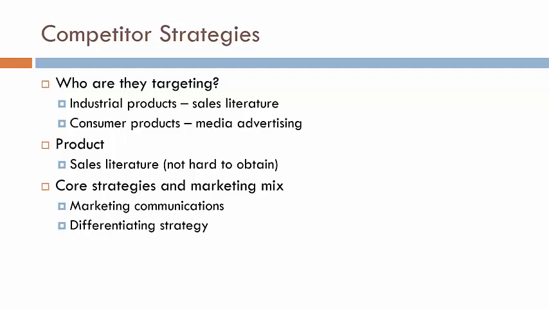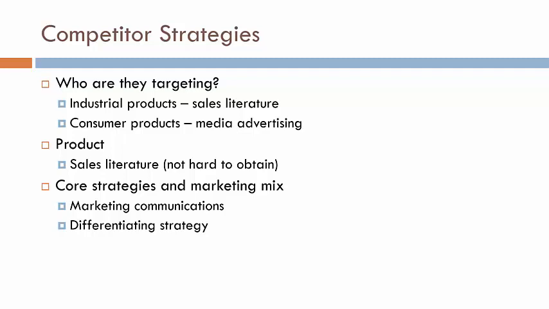So now you can compare these offerings and choose the one that best fits your needs, right? Furthermore, in stating this list, they're also telling the client and their competitors that they will suitably modify their prices and other marketing mix to get the client's business. Okay, so with consumer products, media advertising, particularly comparative advertising, where brands compare their products with the top brands in the category or a close substitute to demonstrate how their product offering or service is better than the competition, is also a very useful way of understanding how the competition might react to changes in your marketing mix.